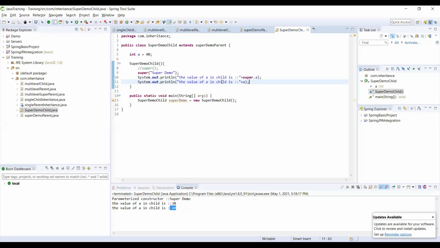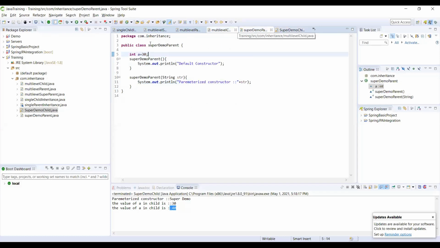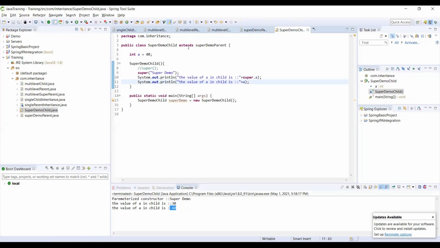Now, in the same example I am going to show you, I will say final int a equal to 30. Now what happens? My child class is extending the demo parent. Let me run this.